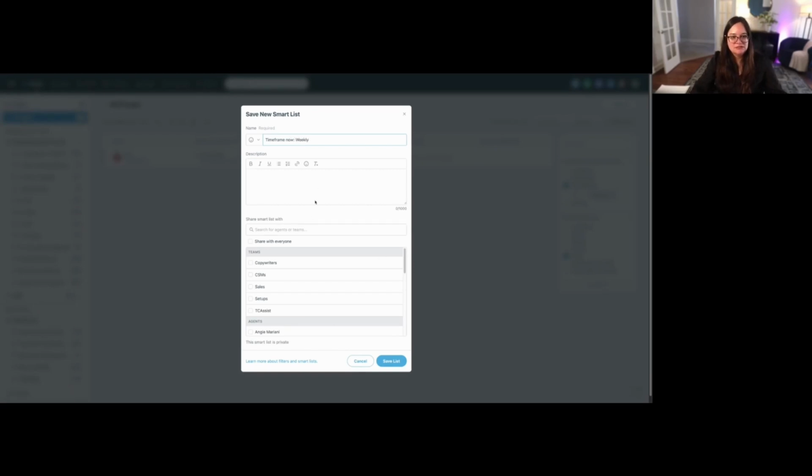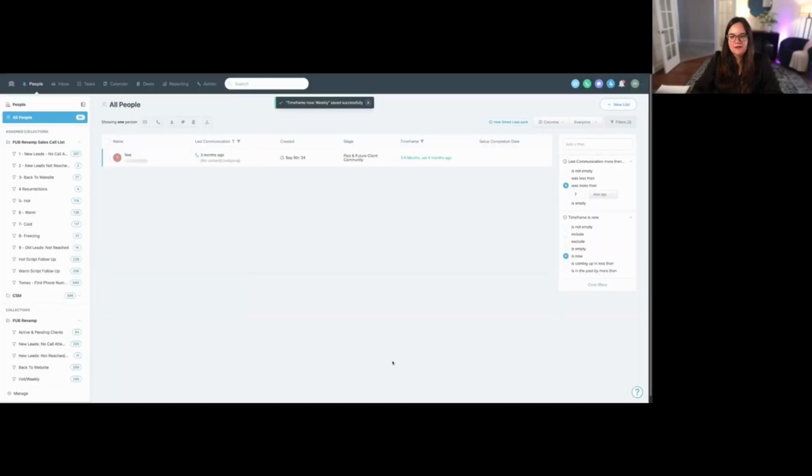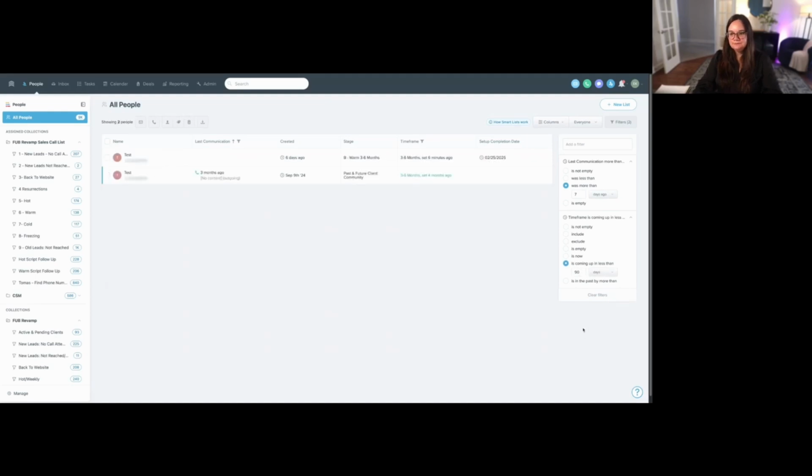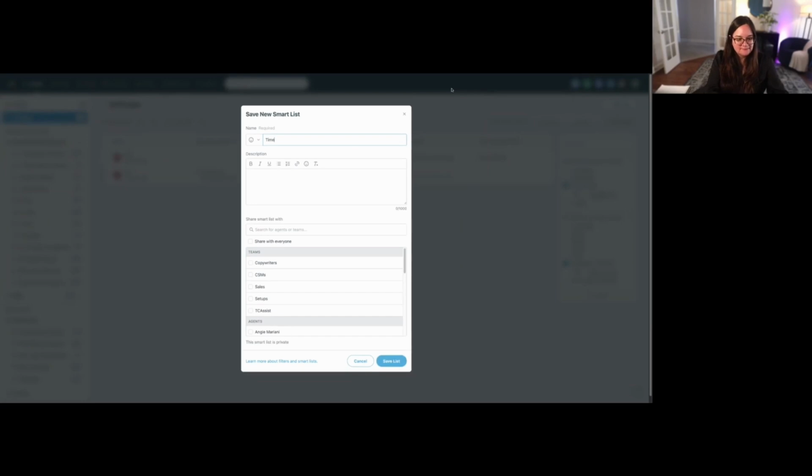And either keep it private to yourself, or if you're creating this for your team, you can share it with your sales team or everybody. And save the list. Then the next dynamic list I recommend creating is when the time frame is coming up in 90 days. These people will show up every 14 days or every other week. So this will be time frame 90 days,